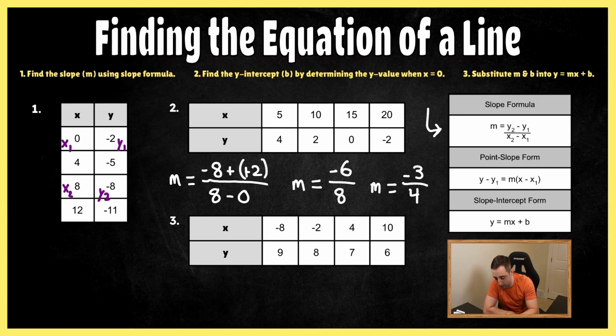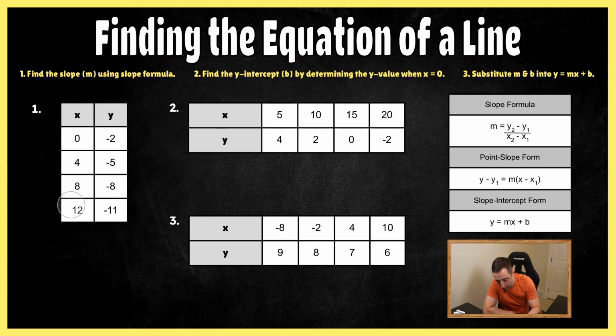So that's the first part. So number one's done. Now we're on to step 2, which is finding the y-intercept, or where this line is crossing the y-axis. So I'm going to put just on the side here, m equals -3/4. Now, sometimes what's nice about tables, I'm going to show you a couple different scenarios that you're probably going to run into. Whenever you are crossing the y-axis,